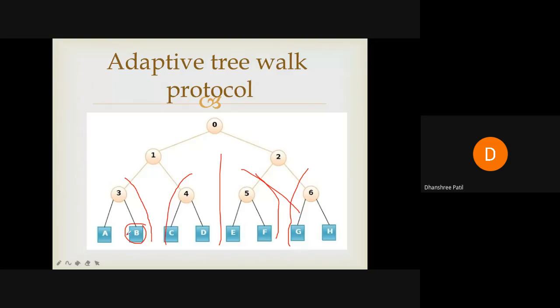Right? So what will happen? Again, instead of four stations, only two stations will be there for accessing the channel. Similarly, here also two stations, here also two stations, here also two stations. So instead of having the burden of all stations, how is it done? All the stations are divided into a number of groups, and the channel is allocated according to the groups. Okay. So in this way, this adaptive tree work protocol works. Okay, I hope it is clear.